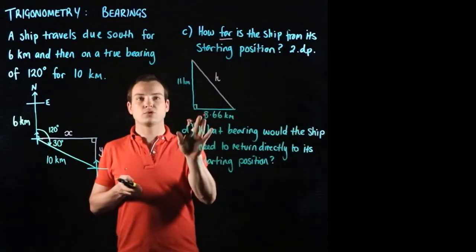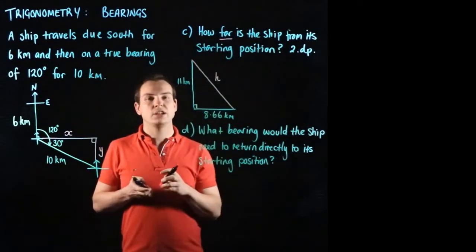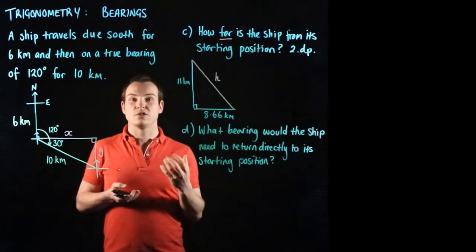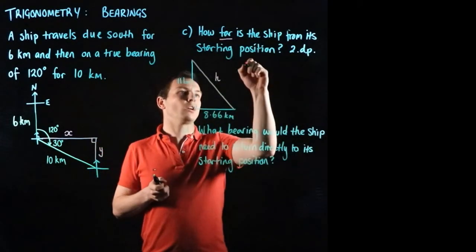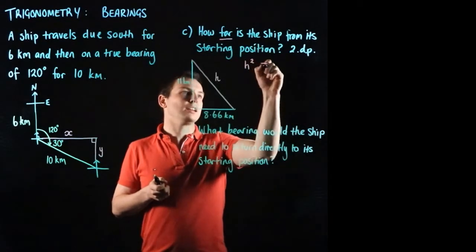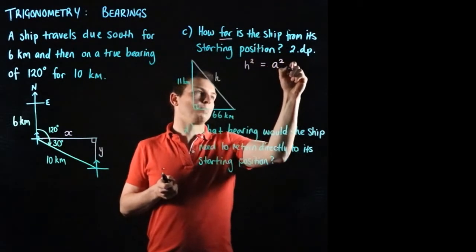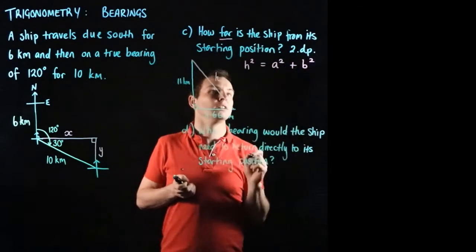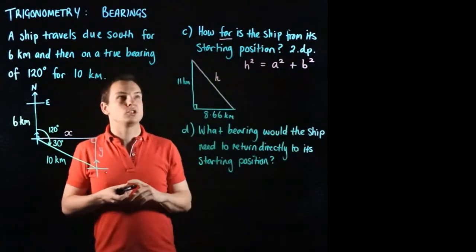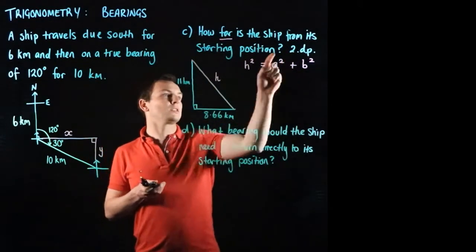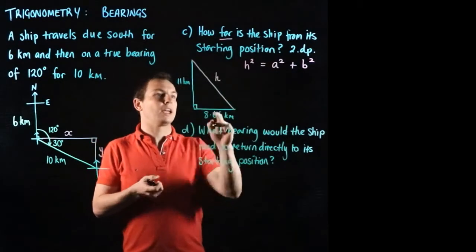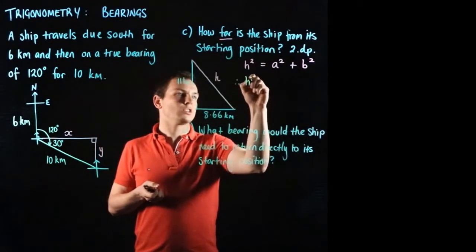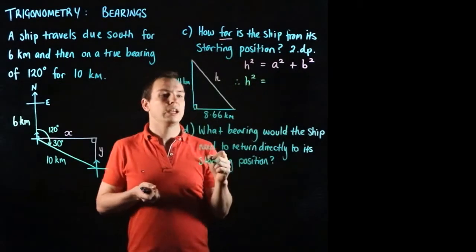So we have a right angle triangle. We want to know the distance of h. So that's a question where we could actually use Pythagoras' theorem. That's why I've conveniently used h there, because we know that h squared is equal to a squared plus b squared. So if we do a line of substitution, then we're going to use the calculator to find this correct to 2 decimal places. H is unknown, so we would say that therefore h squared is equal to a squared,